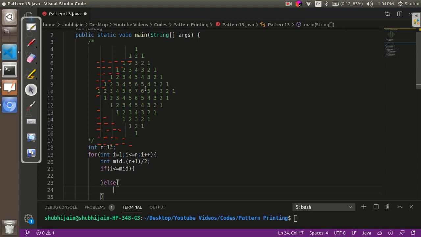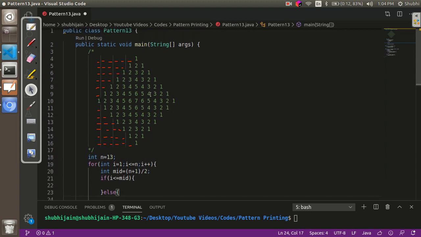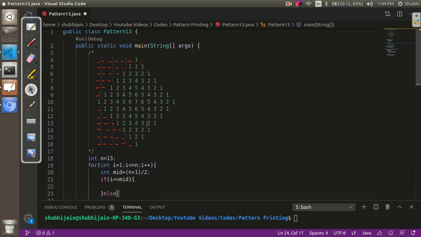Now for both the parts we can see that first we have to print some spaces and then we have to print some numbers. Now coming to numbers, over here we can analyze that for this part, up till this part, the numbers are being printed in ascending order, that is from 1 to a certain number. But for this part the numbers are being printed in descending order, that is from a certain number to 1.